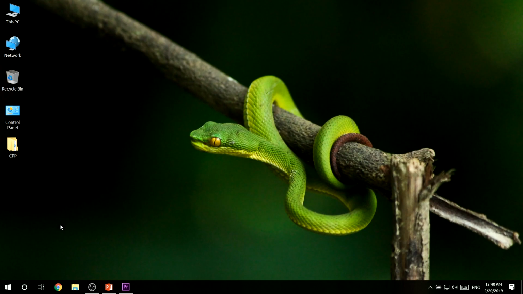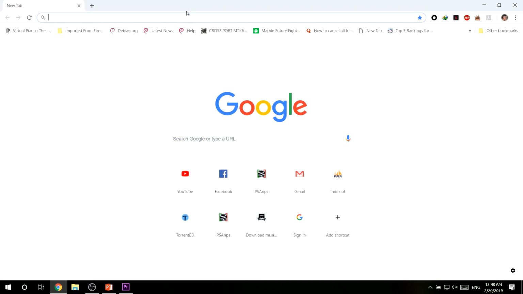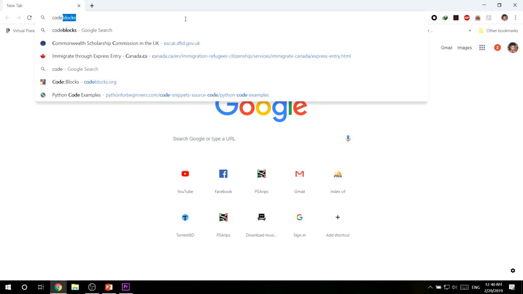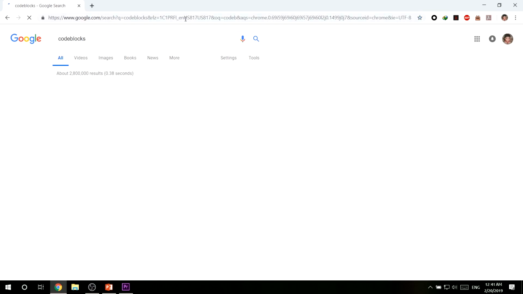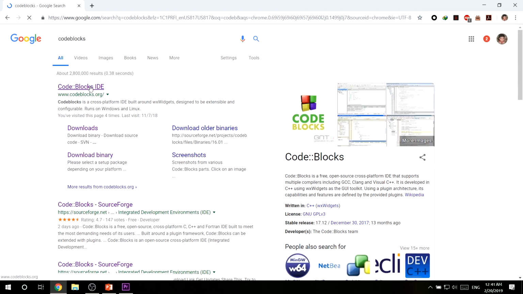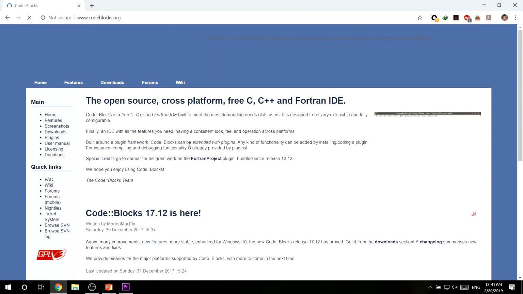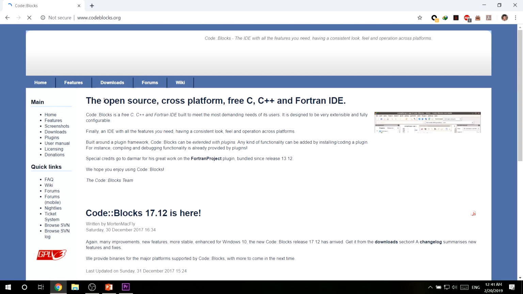Anyway, so you have to go to your browser just like this, and once your browser opens, all you have to do is search here for Code::Blocks, and once that comes up, the first link you'll see is Code::Blocks. Click on it and let the website load. I don't have a very good internet connection, but anyway, you can see here that Code::Blocks is an open